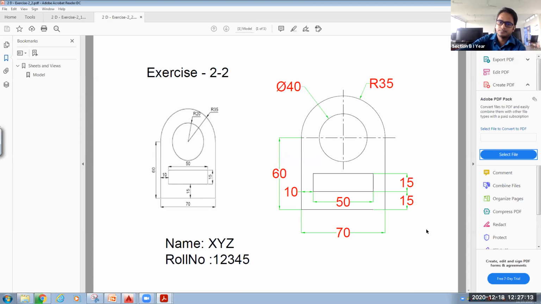Basically, we will start drawing from down to upward now, sir. Yeah, so basically we start from one corner. You can start from any one side. So I am picking this corner point. In the first diagram as well as the second diagram, I am picking this corner point. So this is how your second exercise will look. Now we will see the third drawing.